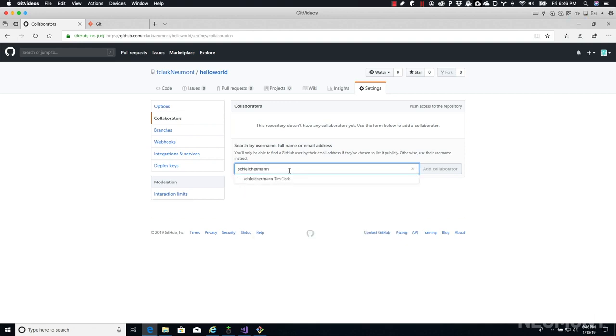Now, you can look up people by their username, if you know what their username is. If you remember, right here, it's T. Clark Neumont, the username I created when I signed up for GitHub. And my other account, my non-professional one, is Schleichermann. And so I can look me up by that, or you can do it by their name if you know what their name is. So I can say